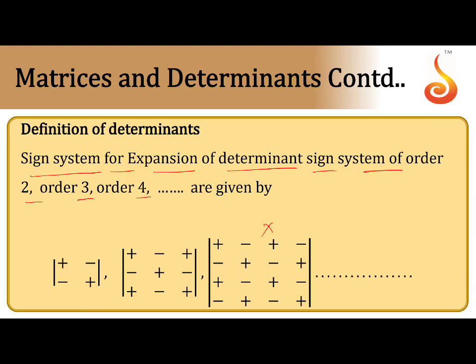So if I take a 2 by 2 matrix A, you can write it between the two bars as a, b, c, d. The value of a 2 by 2 determinant is ad minus bc. That is the 2 by 2 matrix determinant. So now, how to find the 3 by 3 matrix determinant?